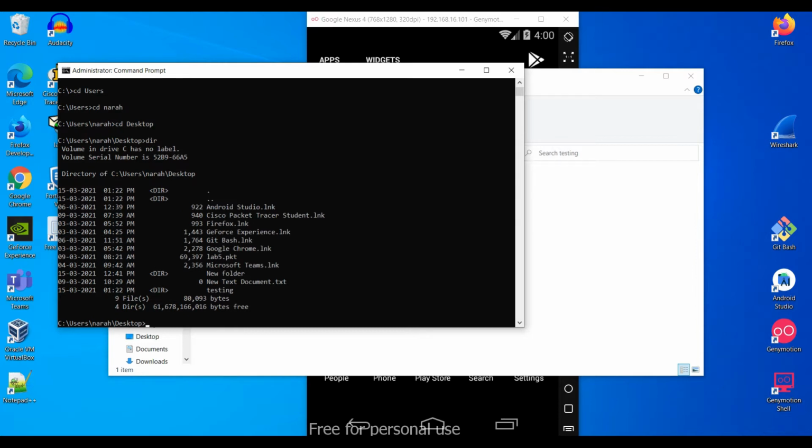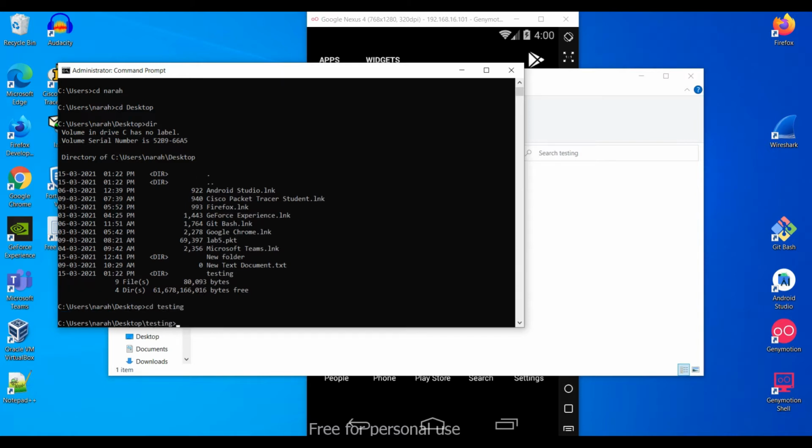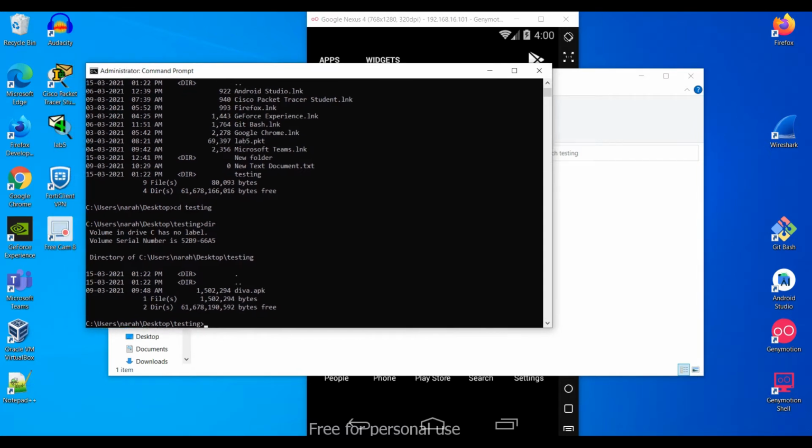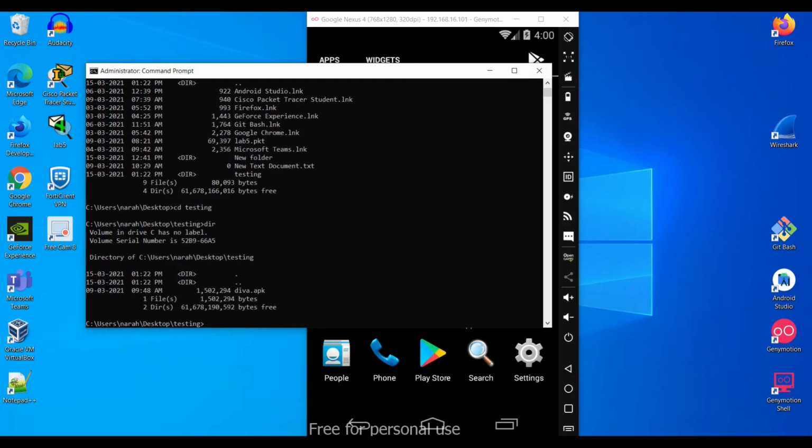Inside the testing folder I have copied this application, Diva. Now we will be using ADB. ADB is a debugger which is used to connect the Android device with the system. First, let's check whether ADB is successfully installed or not.